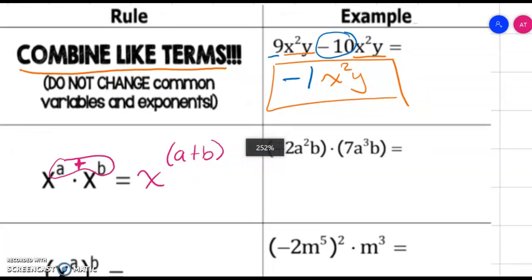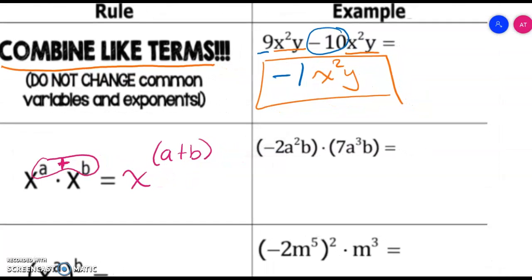So I'm going to look over here, and I can see that I need to take this -2 and multiply it by this 7. So a negative times a positive is a negative. 7 times 2 is 14. Okay? So remember, now I'm going to move to the next one, because these are all multiplication. So these are all being multiplied together. So now I have